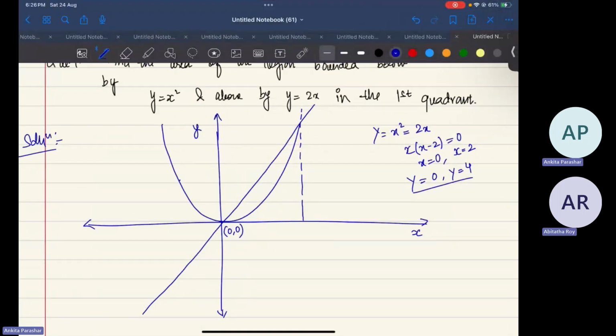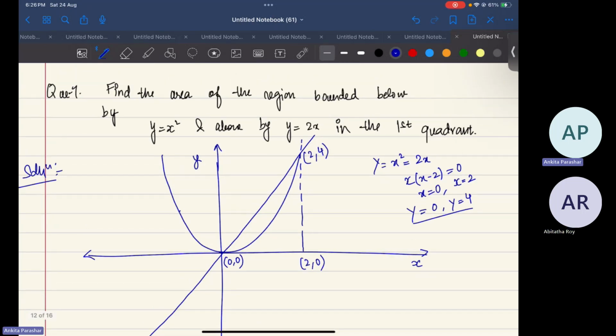Okay, let's come back here. So, x equal to 0, then y equal to 0. When x equal to 2, then y equal to 4. So this is nothing but 2 comma 4. This is 2 comma 0. So what is the region? In the first quadrant, it's written below by y equal to x square and above by the line. So the region is